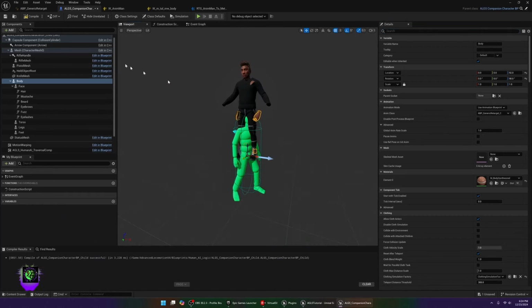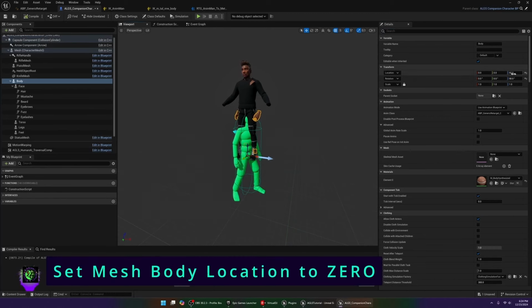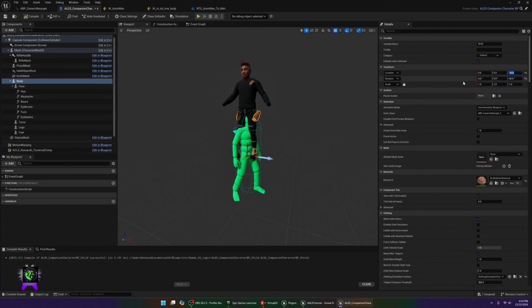Let's go to the viewport. We're going to compile, and you're going to see that there are some things that we still need to fix. First, let's set the location to 0 for the body. Everything else should just follow it. All right, once we have that done,